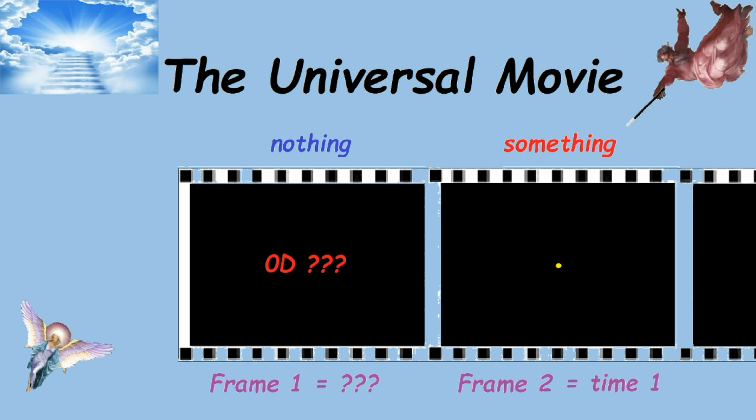And here we have it. Okay, you're in the Universal movie, so there you see it. There was nothing, and in the immediate next frame, there's no other frame in between those two, right? Between frame 1 and 2, the immediate next frame, you have something. And all this individual has to do is tell us how God, with God or without God, we don't care how he does it, how that 0D nothing suddenly popped into and had shape and was something. Okay, so we went from nothing, which is that which has no shape, to something which is that which has shape. And there's no time in between, okay, because that's the immediate next frame. So the question is, how do you do that?